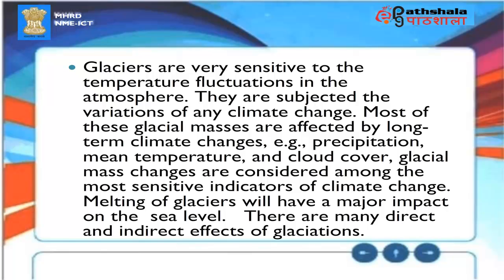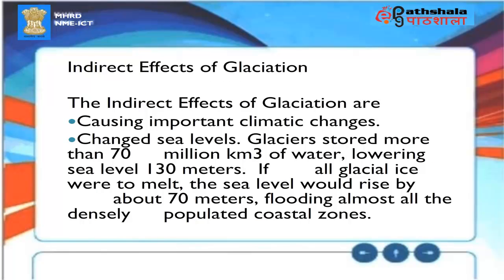There are many direct and indirect effects of glaciations. Indirect effects of glaciation. The indirect effects of glaciation are causing important climatic changes and changed sea levels. Glaciers stored more than 70 million cubic kilometers of water, lowering the sea level by 130 meters. If all glacial ice were to melt, the sea level would rise by about 70 meters, flooding almost all the